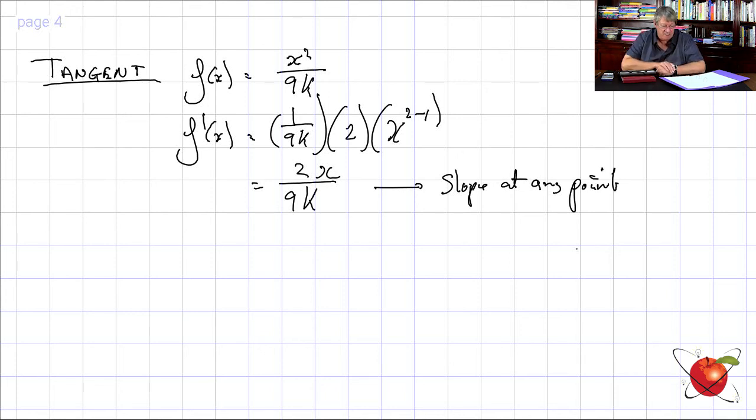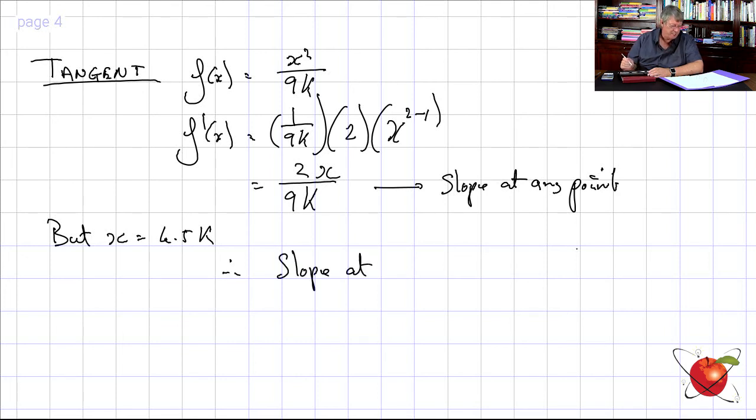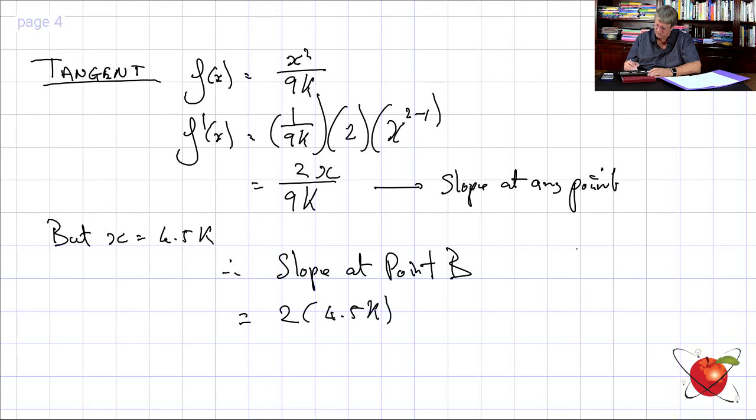Have they given us an x? Yes, they have. They have said x is equal to 4.5k. Therefore, the slope at point B is going to be, substitute that in, equal to 2 times 4.5k all over 9k. And that's going to give me